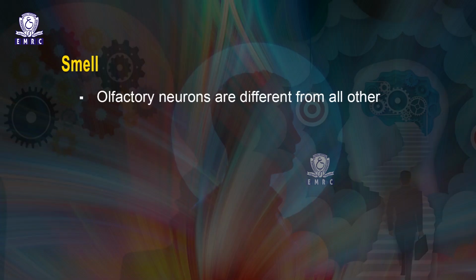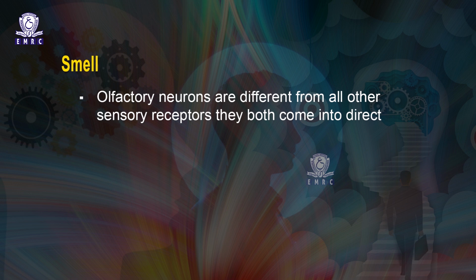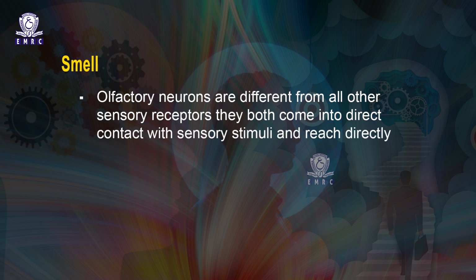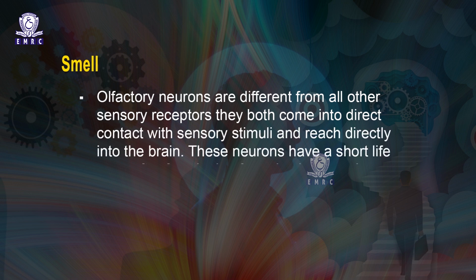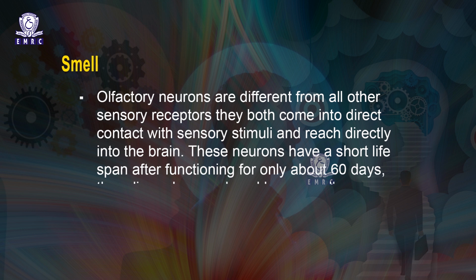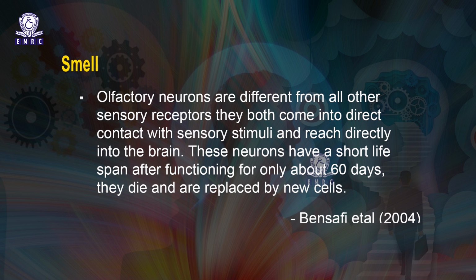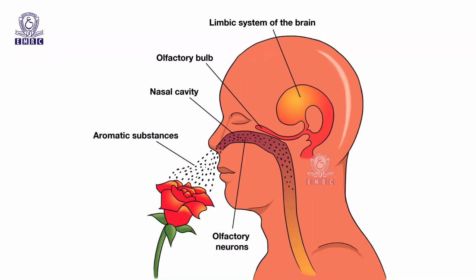Olfactory neurons are different from all other sensory receptors. They both come into direct contact with sensory stimuli and reach directly into the brain. These neurons have a short lifespan. After functioning for only about 60 days, they die and are replaced by new cells. Bensefe et al., 2004. The axons of the olfactory neurons relay a smell message directly to the olfactory bulbs,